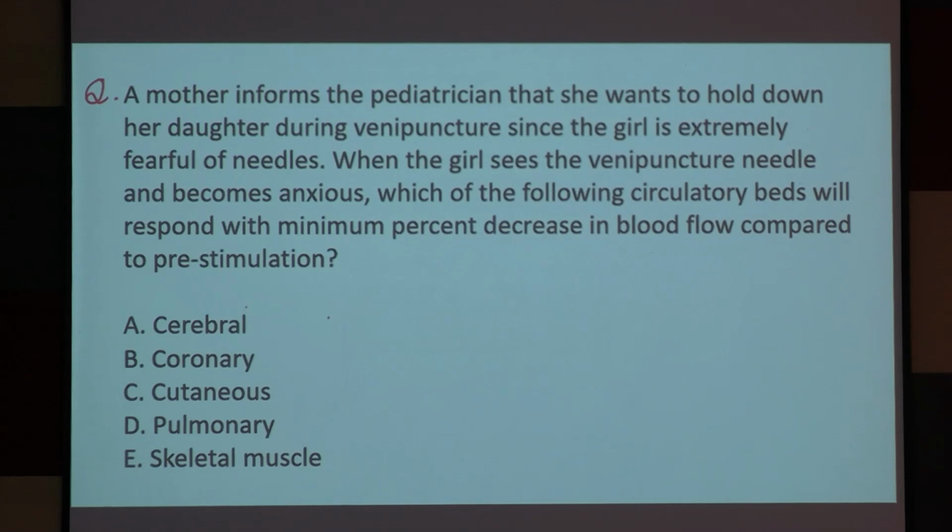So that essentially means these organs are very vital organs, where blood supply cannot be allowed to fall. So with minimum percent decrease in blood flow compared to pre-stimulation, the answer is